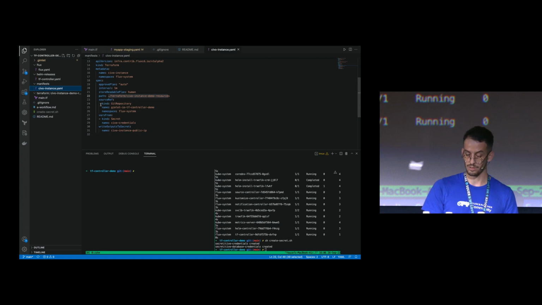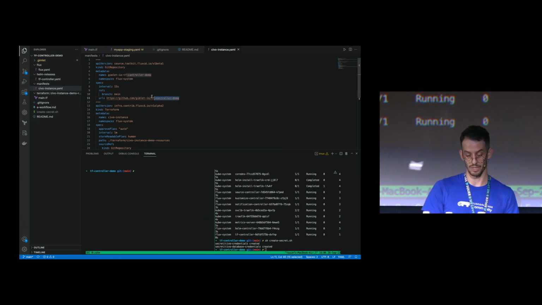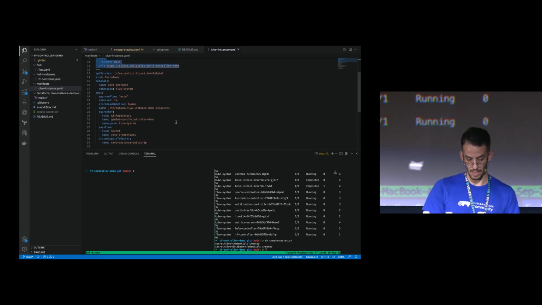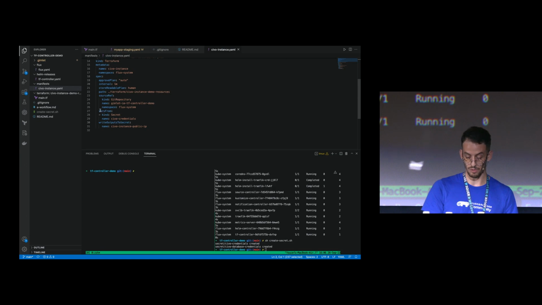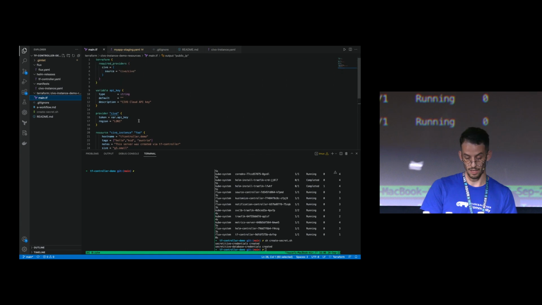So we're gonna point to a Git repo, where our Terraform resides. And we have the variables that we just talked about. We are pointing to a secret which has our Civo credentials. And if I circle back to the Terraform, you will see that the API key is here. The Terraform controller is gonna match these two variables and provide the value for the Terraform provider token. All right, so let's apply things and see what's going on.